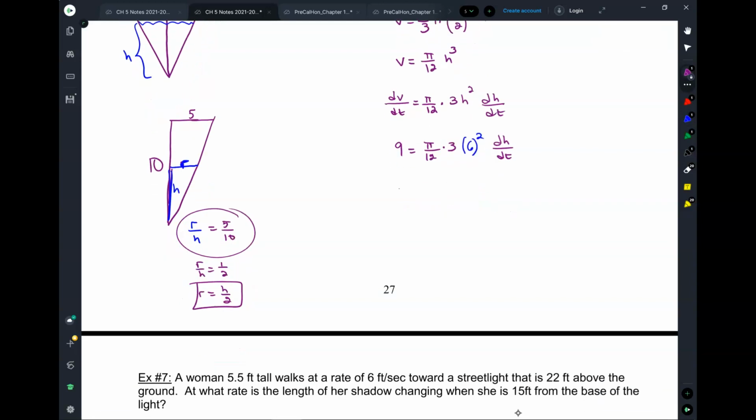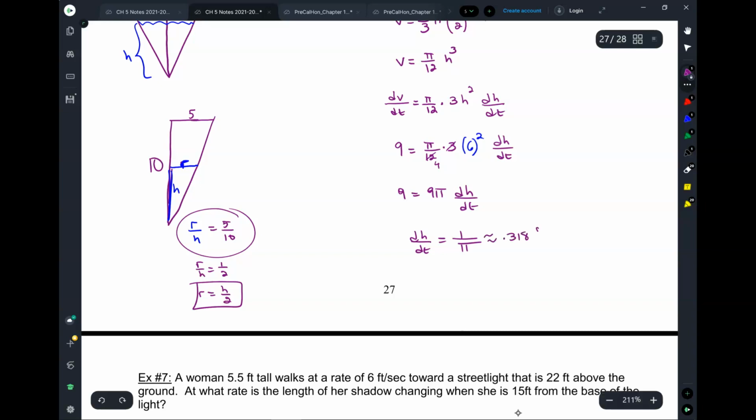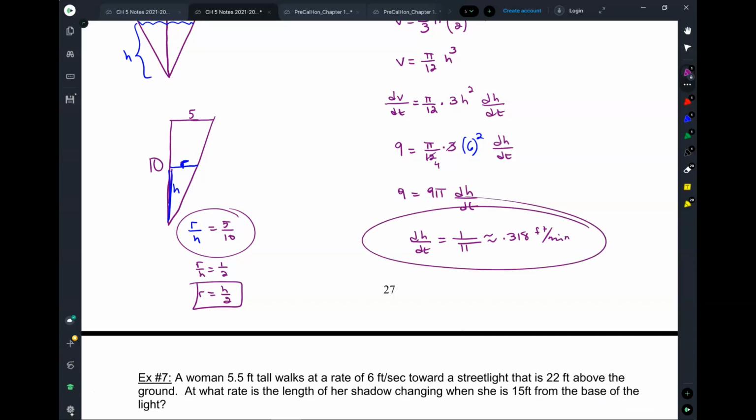So this is 9 equals 36 over 12, it's 9 pi over 12 times dh/dt. So dh/dt is 1 over pi, which is 0.318 feet per minute. Okay, and this is where